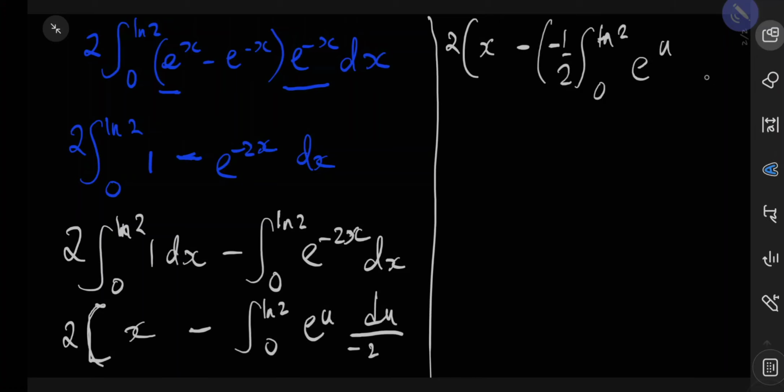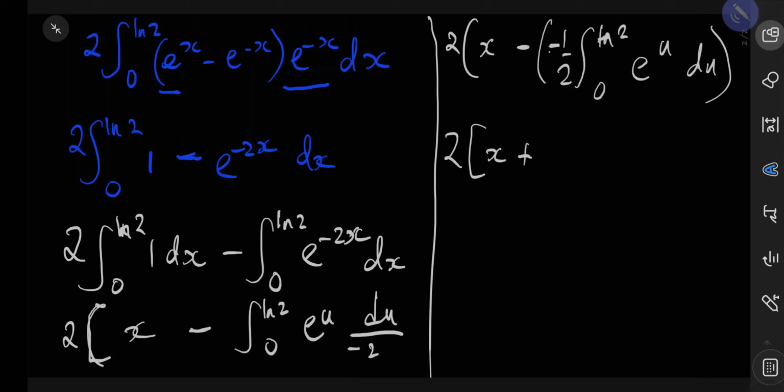The integral of e^u du is still e^u, right? So we're going to have 2x, minus times minus is plus, so you have plus, the integral of e^u is